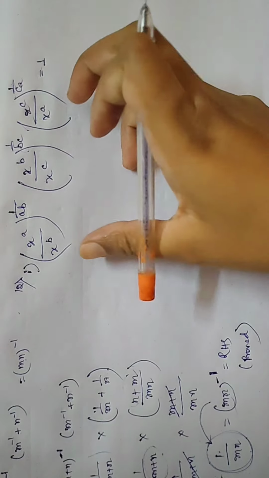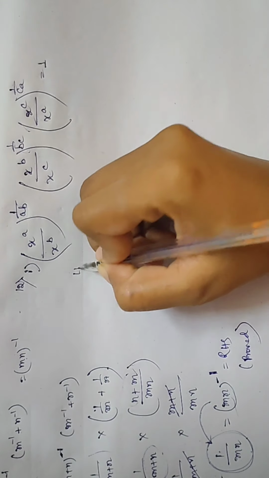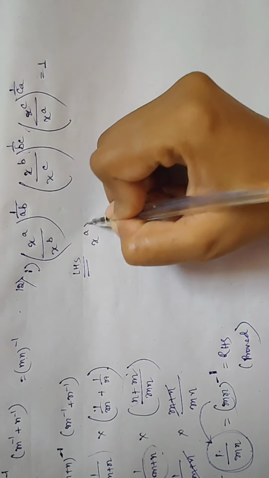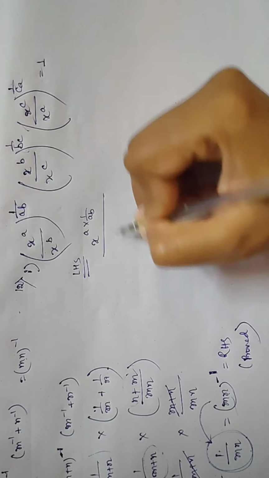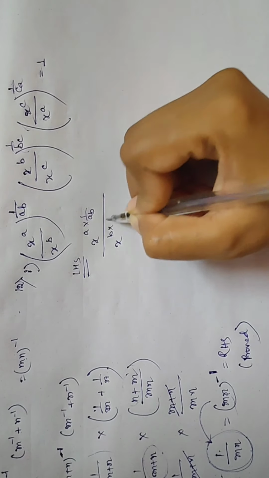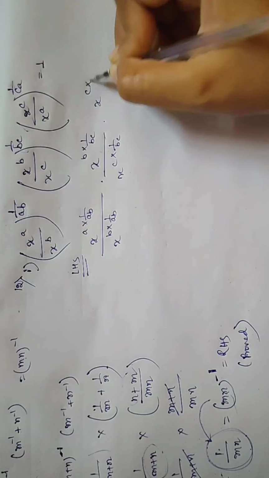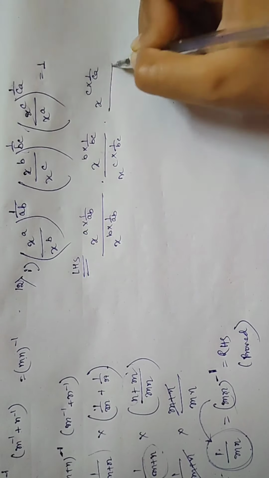Okay, you have to prove that this portion will be equal to 1. So let us start with LHS. Separate the power, that is x to the power a into 1 by ab. Similarly, we can write b into 1 by ab. In this way, separate all the powers yourself. After separating it, do the cancellations wherever possible. Here a gets cancelled out, b, here also b, c, and c, and a.